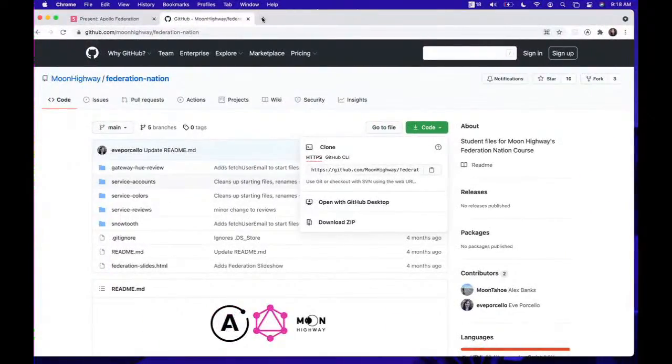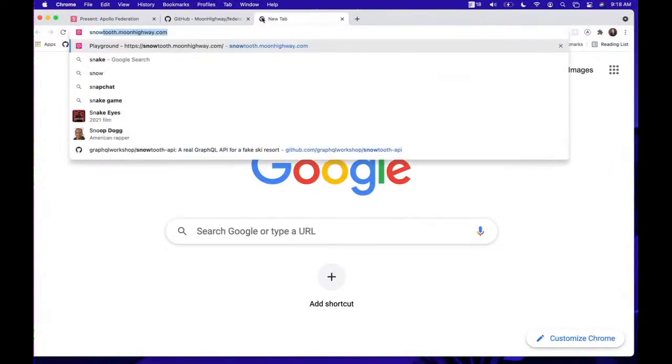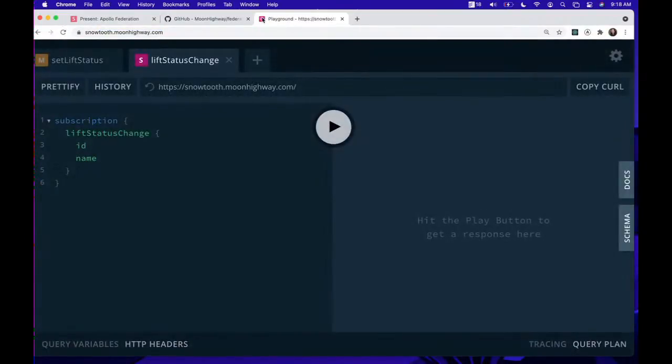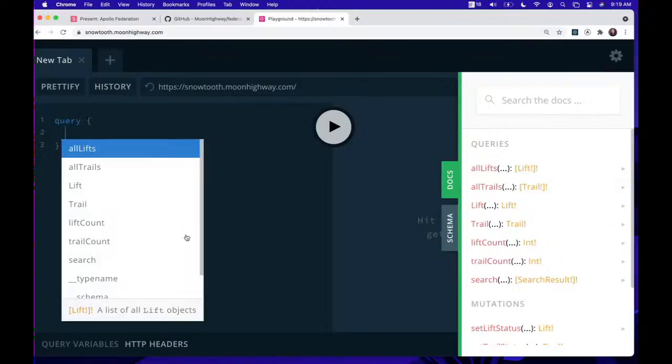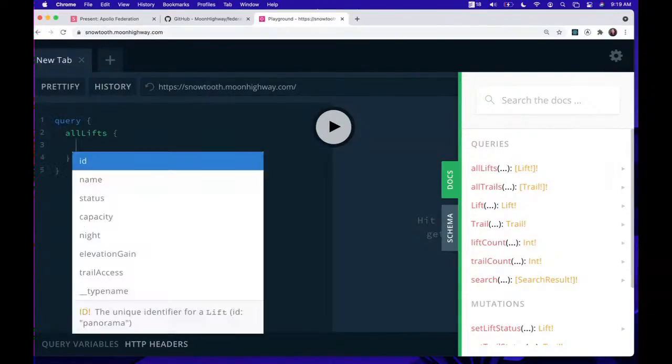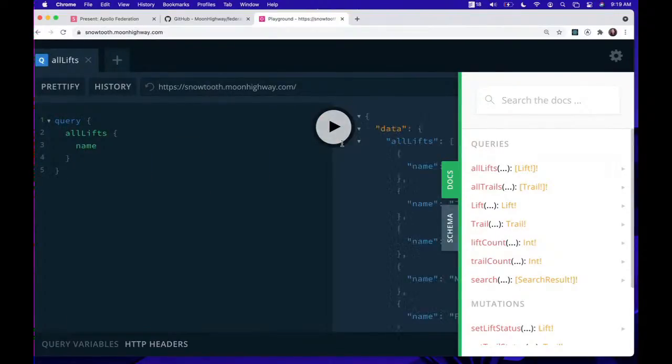So we can look at this here, snowtooth.moonhighway.com. This is where the main API lives. Just to talk through what we're seeing here, a GraphQL API often has an interface that looks like this. It's called a playground, and it allows you to send GraphQL requests to an API. So I can send a request for, let's say, all lifts. I'll grab a name,